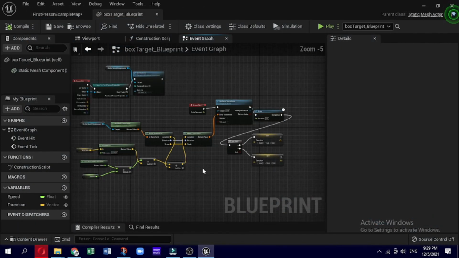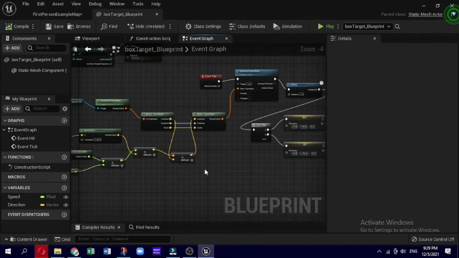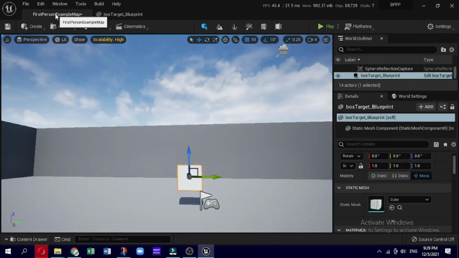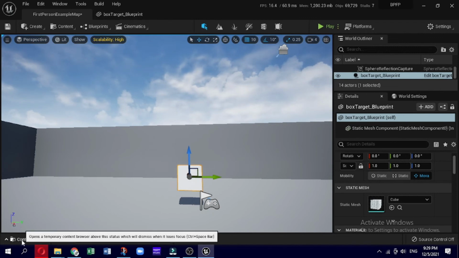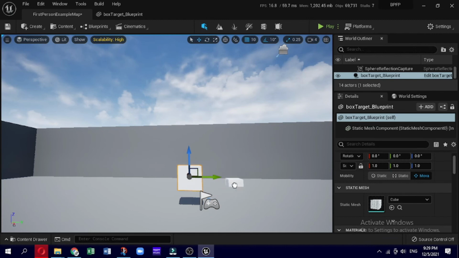One of the advantages of using blueprints is that they create a template of functionality that can be used across multiple objects in a scene. Find boxtarget_blueprint in the blueprints folder and drag it directly onto the 3D viewport. You will see another box target created, which inherits all of the functionality of our original box target. In this way, we can rapidly set up multiple moving targets using the single set of blueprint logic we created.